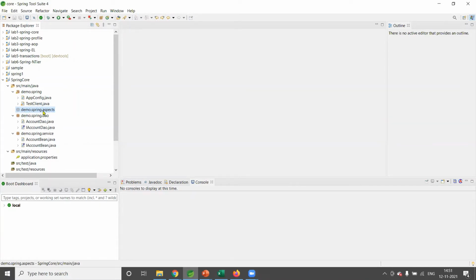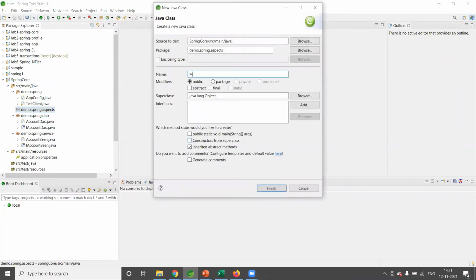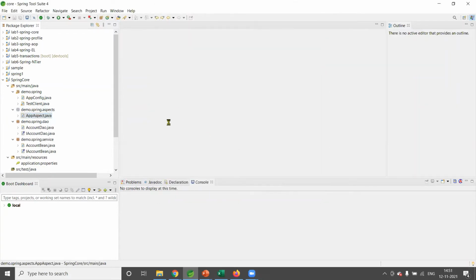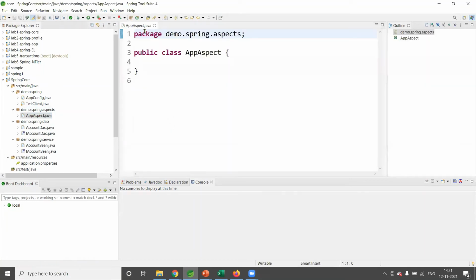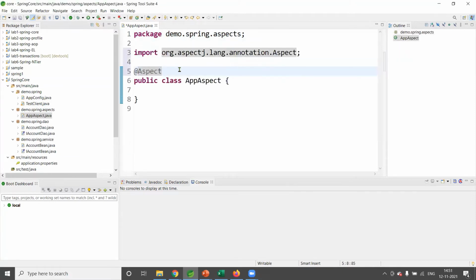So let me create one class, new class. The class name, I'll just put MyAspect or AppAspect, finish. Okay, so let us write one annotation, @Aspect. So this is an aspect class. Then @Component is very important.